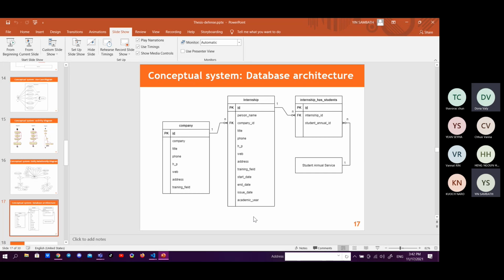Just my personal idea: for an internship information system, if it only stores the topic and the company, it is too simple and very basic. I think you should consider many more factors related to internship information.